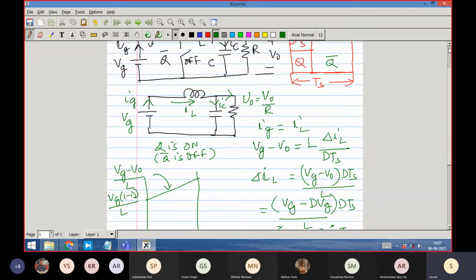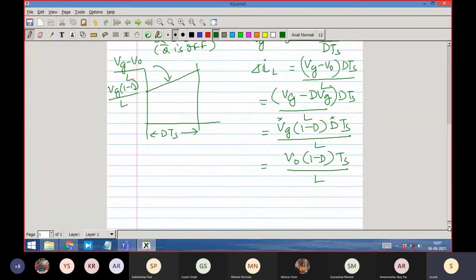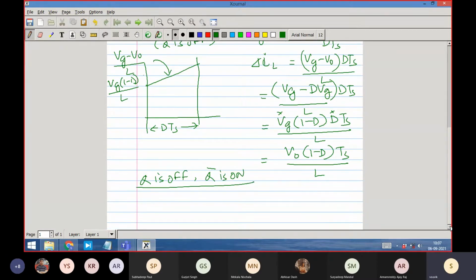This is the on time equivalent circuit. So during off time, that means when Q is off and Q bar is on, the equivalent circuit will be shown as